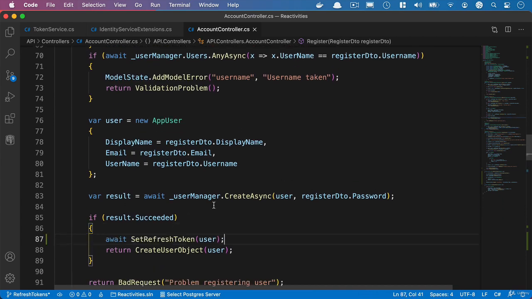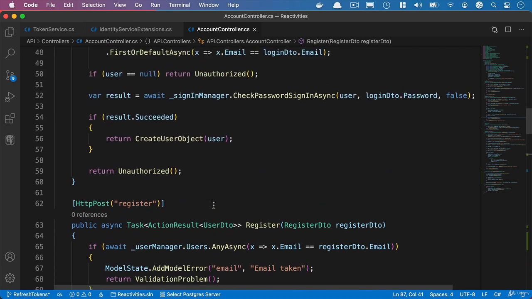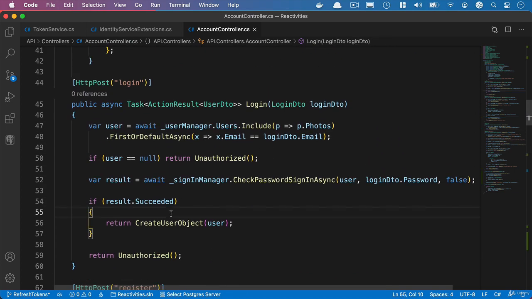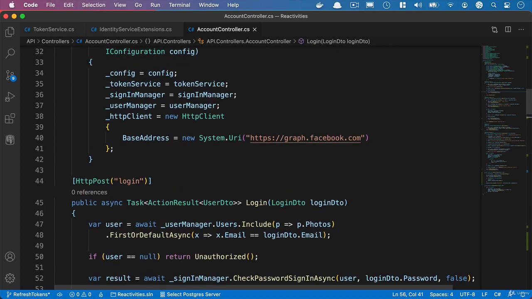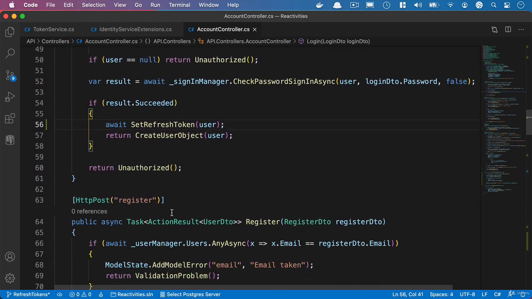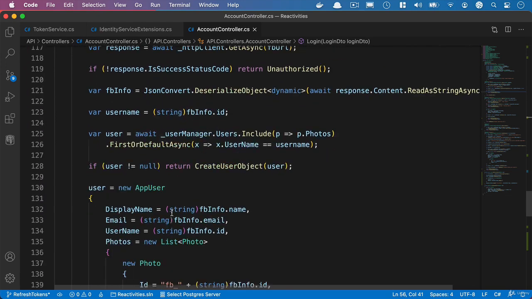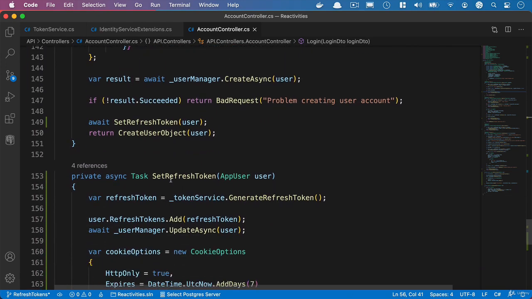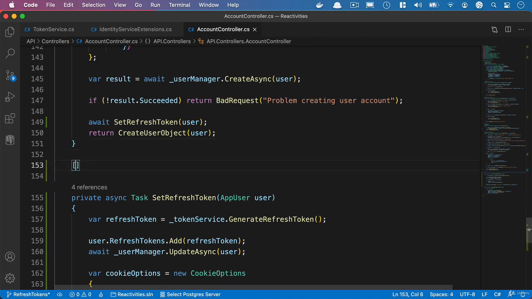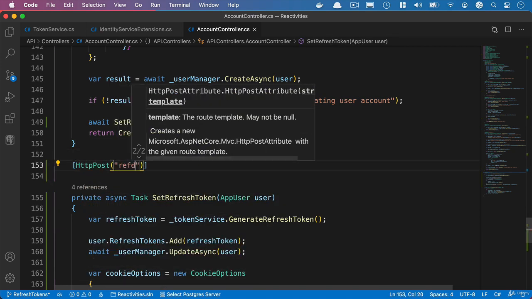We'll await set refresh token, and also for the login method as well. And that's it. So what we also need in here is an endpoint so that a user can actually refresh their token. So just below the Facebook endpoint, I'm just going to add an HTTP post, and we'll call it refresh